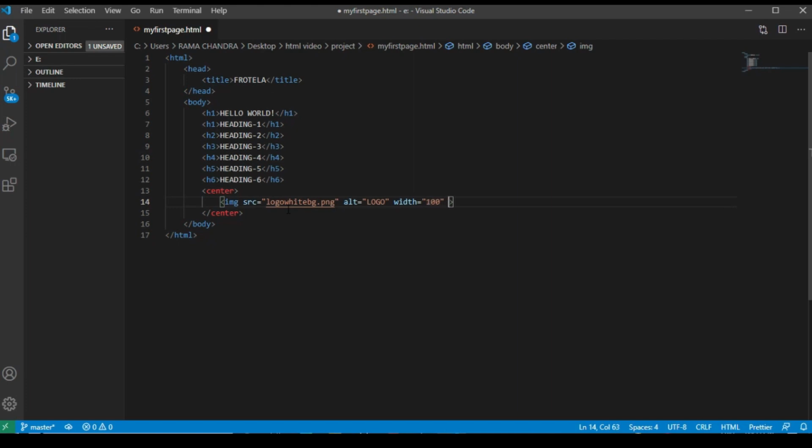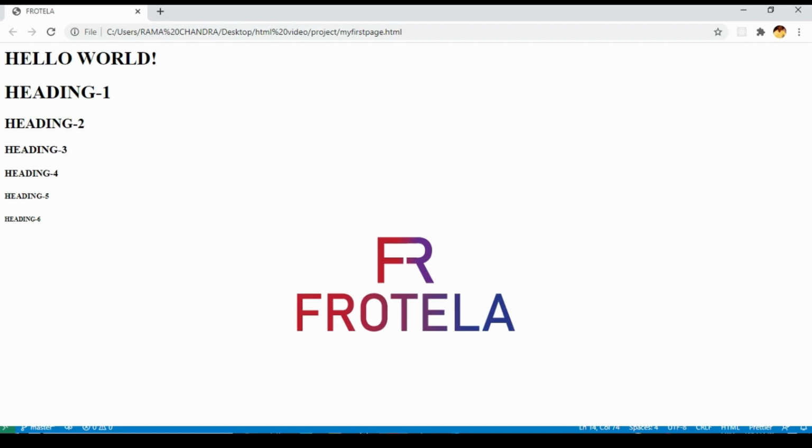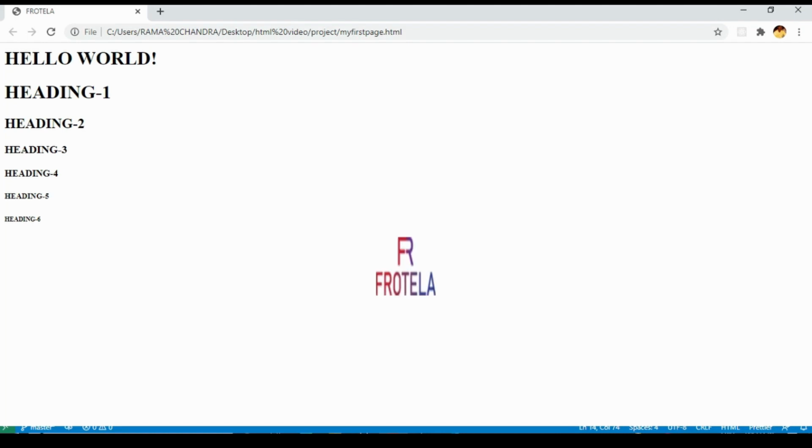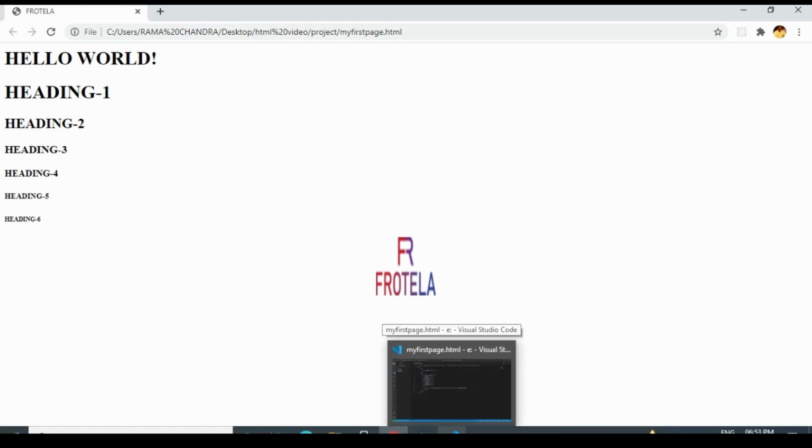And height. Let's save it and view it in the browser. See, the image size has been decreased by giving the width and height of the image.